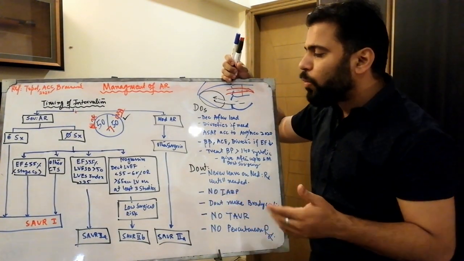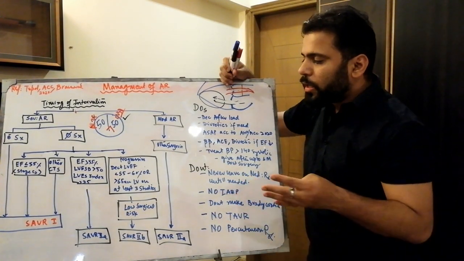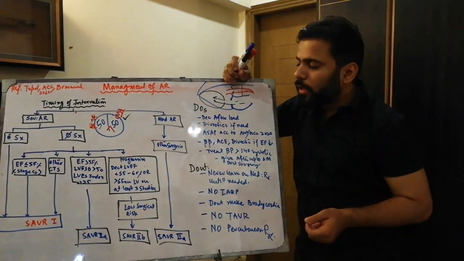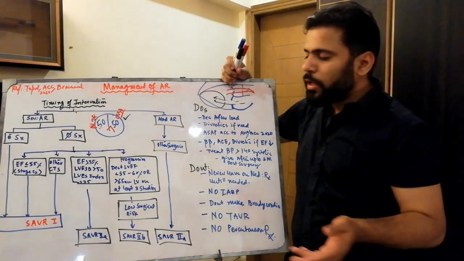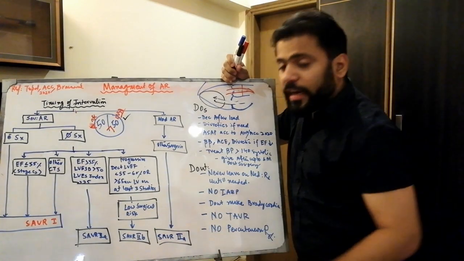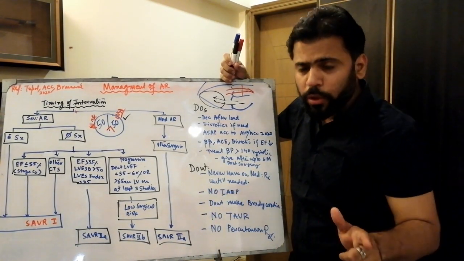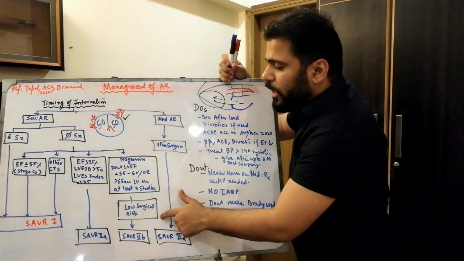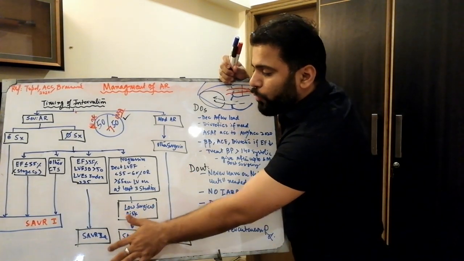Now, if your patient has a progressive AR, what is the definition of progressive AR? If on 3 studies your patient has LV diastolic dimensions of more than 65, and if he or she has an ejection fraction of less than 55 or 60, then you need to do the surgical AVR, but in the condition of low surgical risk. If your patient does not have low surgical risk, then do not go for the surgical AVR in patients who have the progressive AR, because it is class 2B.